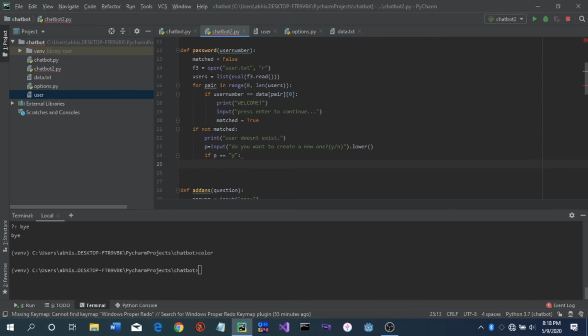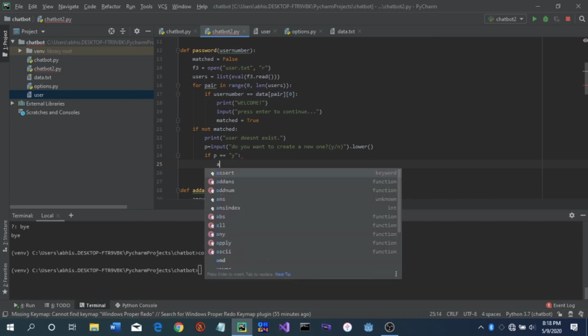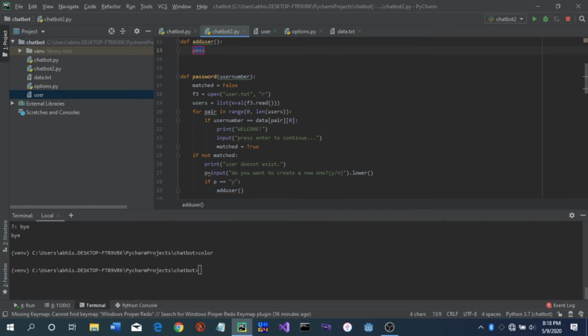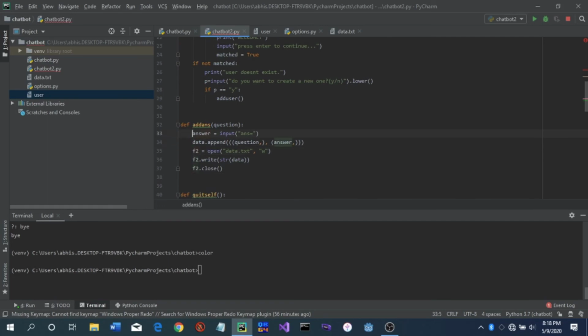Okay, so if p equals y, then add user. It's going to be same as add answer, but it's going to add to the user. So alt enter, create function add user, remove the pass and go to add answer,